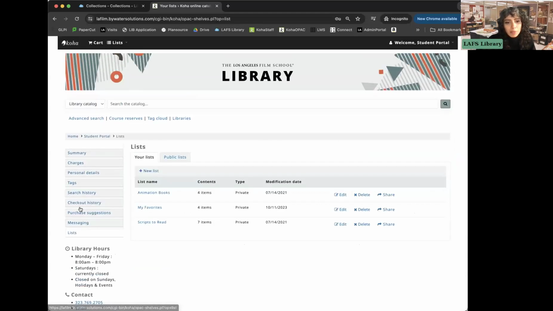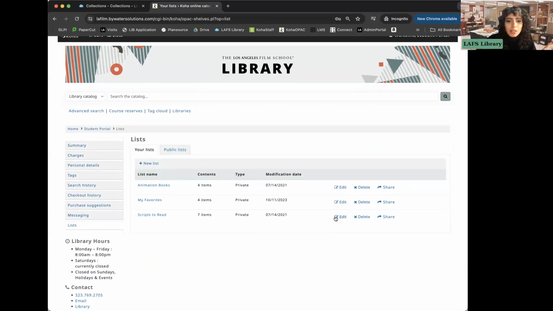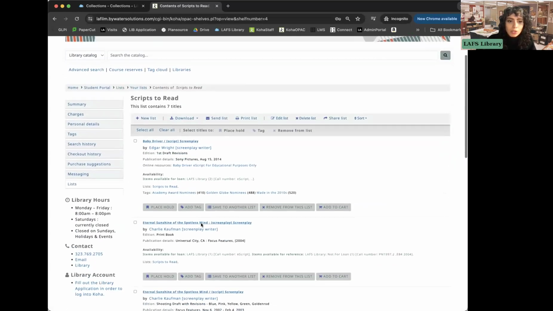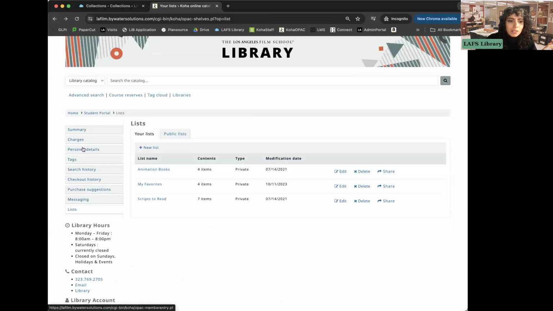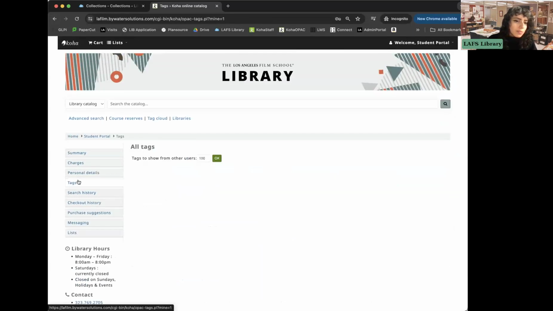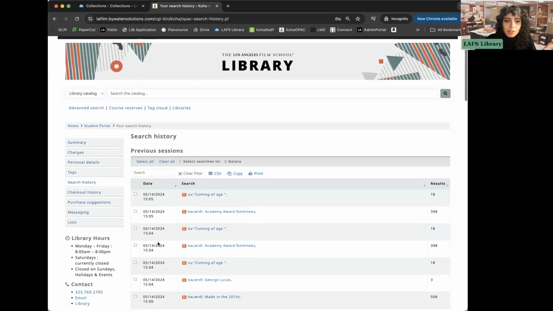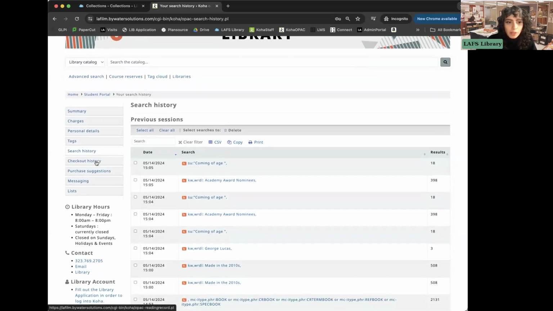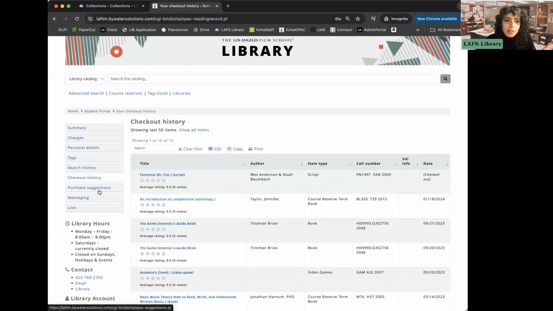And lists, like I mentioned earlier, you can create your own list. So if you have a watch list, scripts to read, etc., you can create that list and you can add more to your list. And let's see, so we do have our tags. So if you made any tags, it will show up here. You can view your search history. You can view your checkout history if you've checked out here before, and